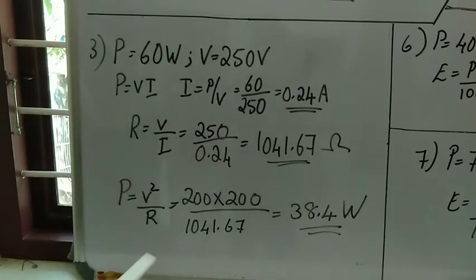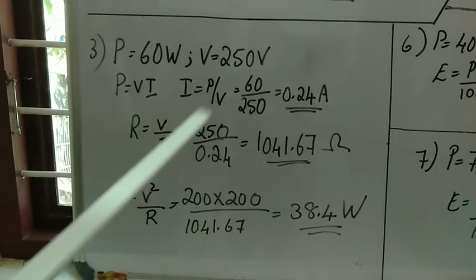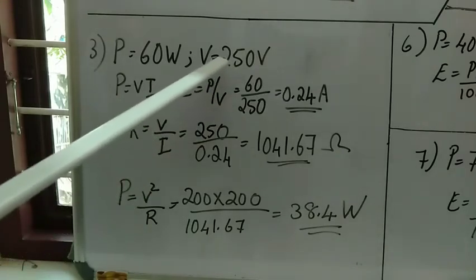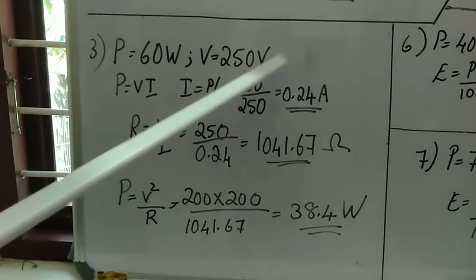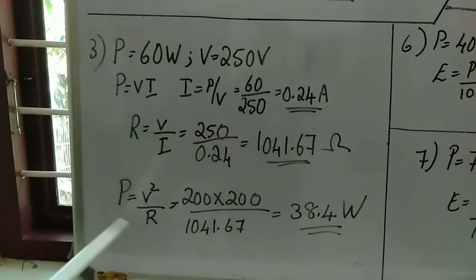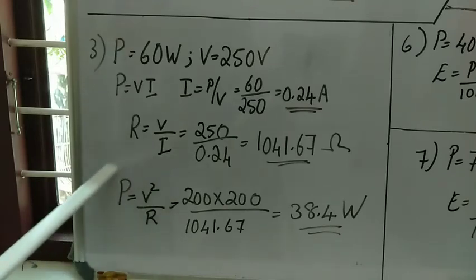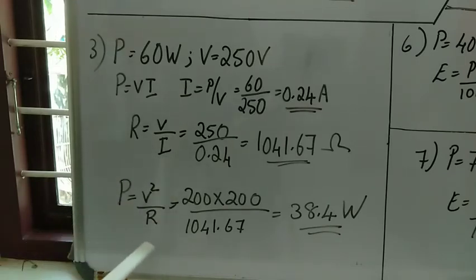Now we are asked to calculate the power of the bulb if the line voltage falls to 200 volt. So voltage reduces. You know, when the voltage reduces, what will happen? If it is a bulb, it will glow dim. So what will happen to the power if the voltage reduces to 200 volt? So in this question, we are calculating the power. Again, power is V square by R. We have to take this formula itself, because for a bulb, the resistance depends on the filament. So the resistance of the filament will be a constant. So P is equal to V square by R.